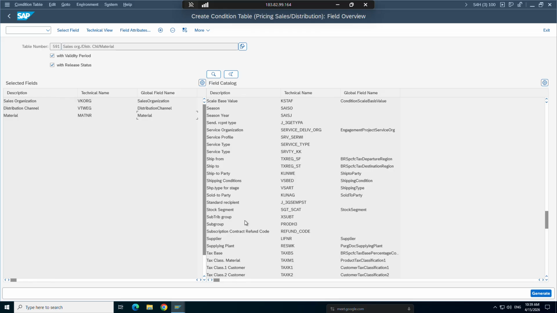Now, in some interviews, these people will ask you, is it possible to add any new field in the field catalog which is not there? Then the answer is yes. It's not always that our requirement will be fulfilled with these 222 fields only. Sometimes